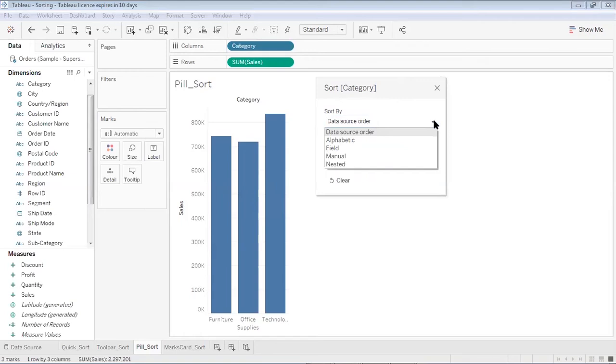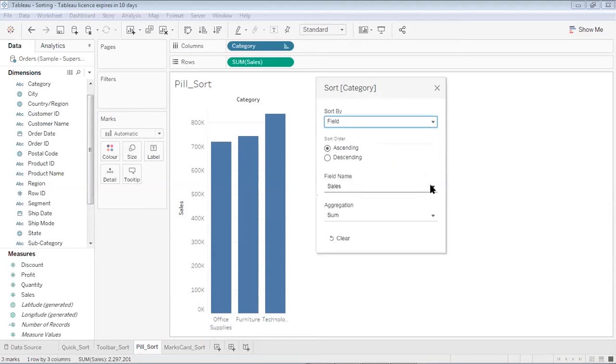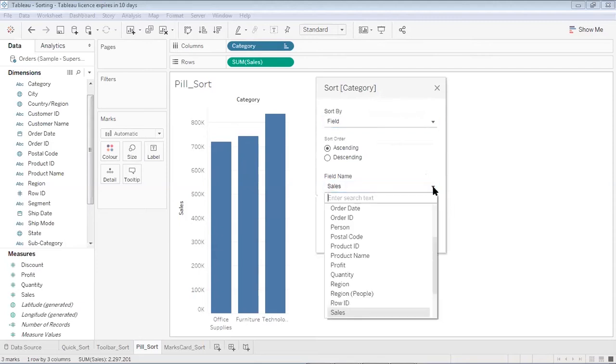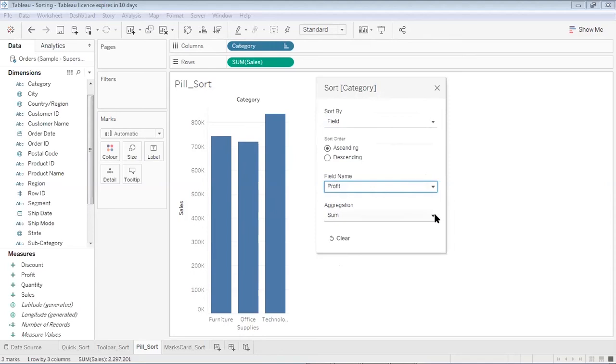Do you want to sort using the order of the data source, like we saw in the data source tab? What was the order of various columns? Do you want to sort based on that? Do you want to sort alphabetically? If I do alphabetic, it gives me ascending or descending. Or do you want to sort by field? So although it's sorted based on the sales values, if I wish, I can also sort them based on the profit. Okay, so although the profit field is not visible over here, I can also do sorting based on profit. Okay, so if I select profit, and I say based on the total profit, I would like to arrange these